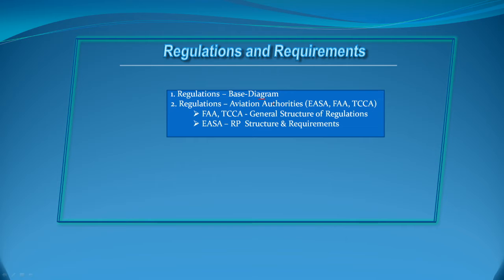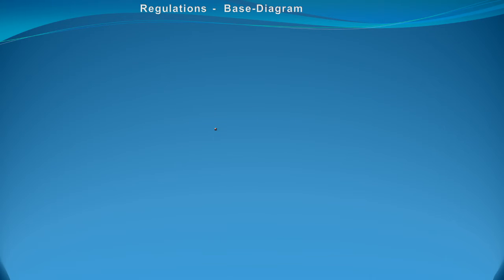To answer this question, first, we're going to see the general structure of regulations, which is based on Federal Aviation Administration and Transport Canada rules, regulations, and requirements. And second, we will see the reliability program structure and requirements, which is based on EASA/European Aviation Authorities rules, regulations, and requirements. Now let's move to the next slide and see what aviation authorities are regulating and what is in the